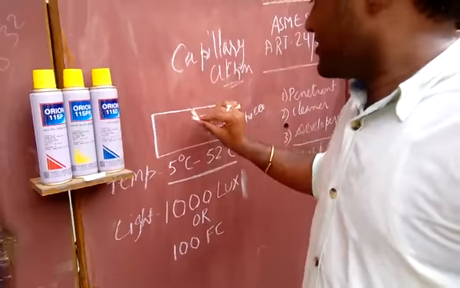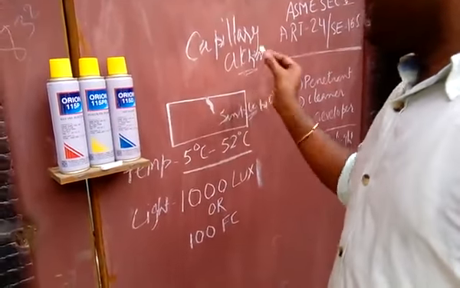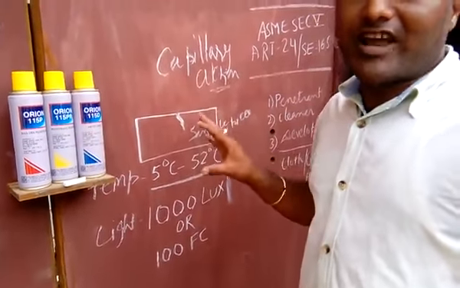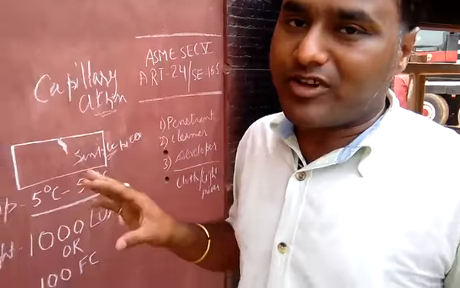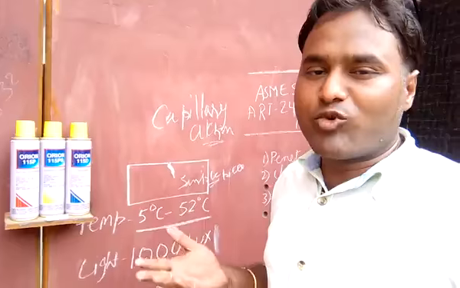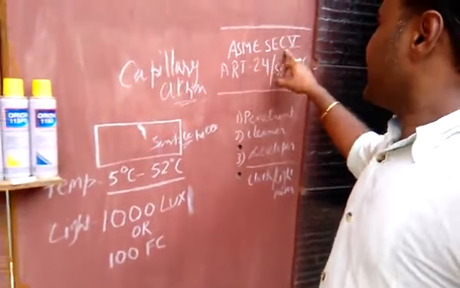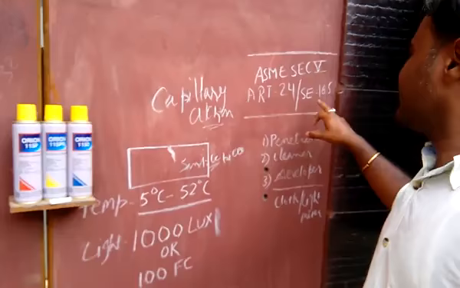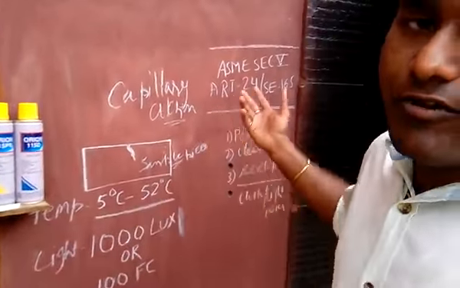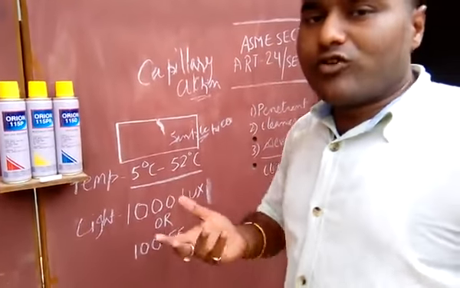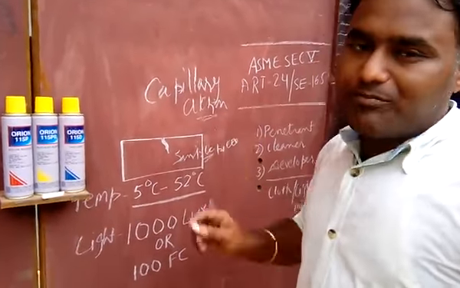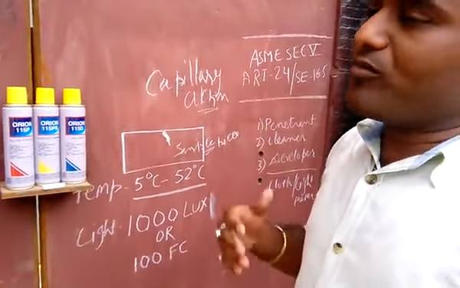First we'll spray the penetrant and then we'll leave it as it is for a minimum period of time. That period of time is called dwell time. Dwell time varies from 5 minutes to 60 minutes or even more. As per ASME Section 5 Article 24 or ASTM E165, dwell time is given, so you can go for that, or you can choose the client's requirement also. Minimum we have to keep 5 minutes as dwell time, or you can go more than that also.